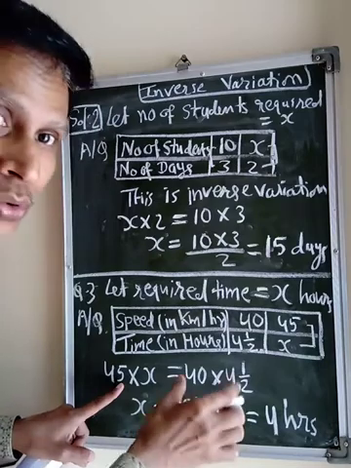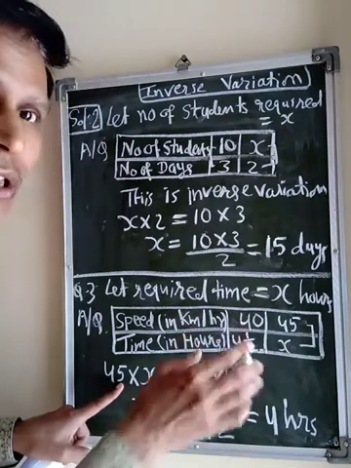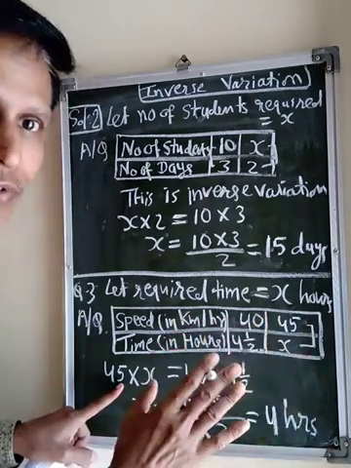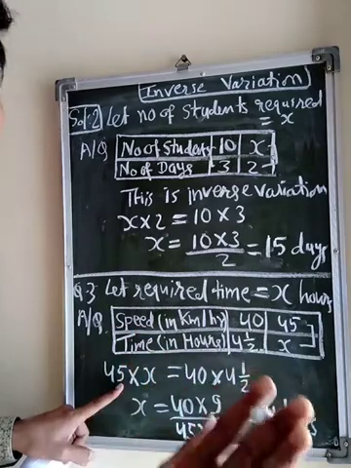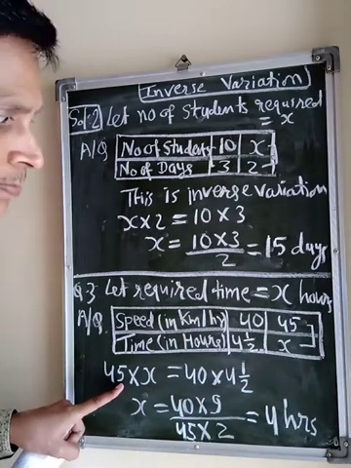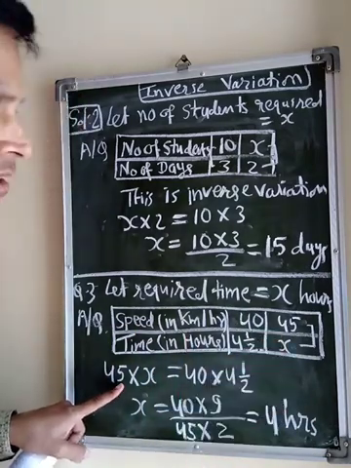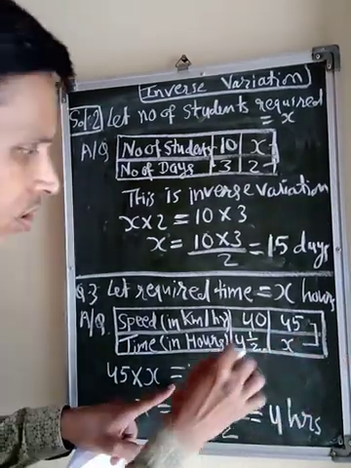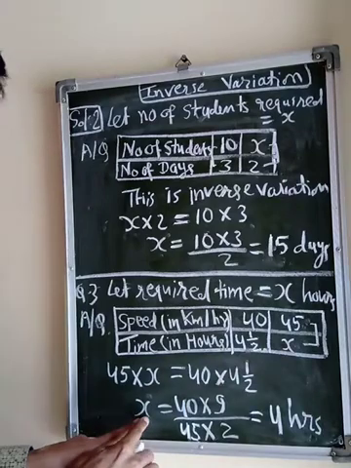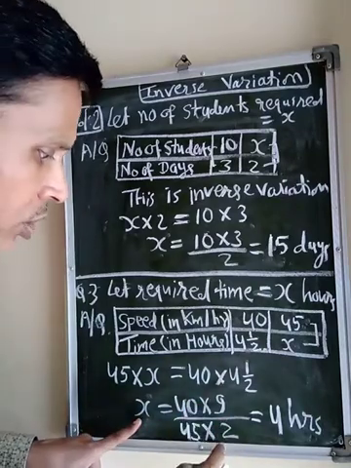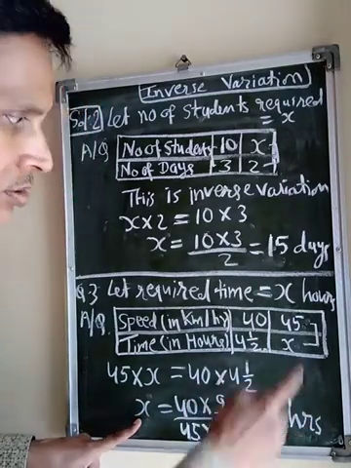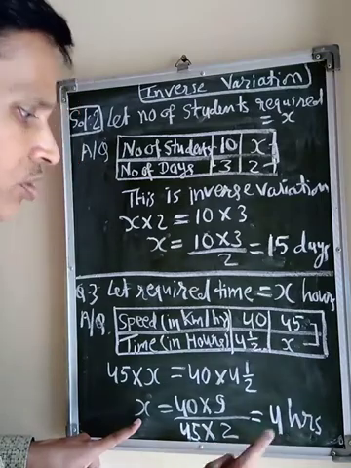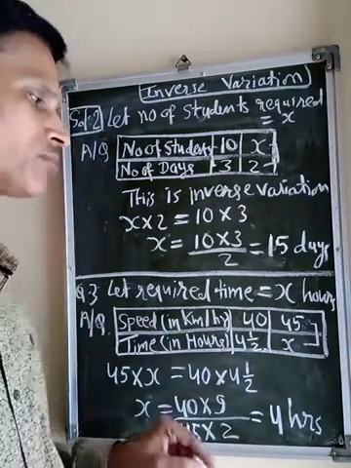The solution steps you see from here; in the book it is given in a different way. So don't look at the book, otherwise you will get confused. You follow this pattern. So we will multiply up and down. This is equal to these two. So x is equal to, after solving this, 4 hours. Time is in hours. So this is the answer of this question.